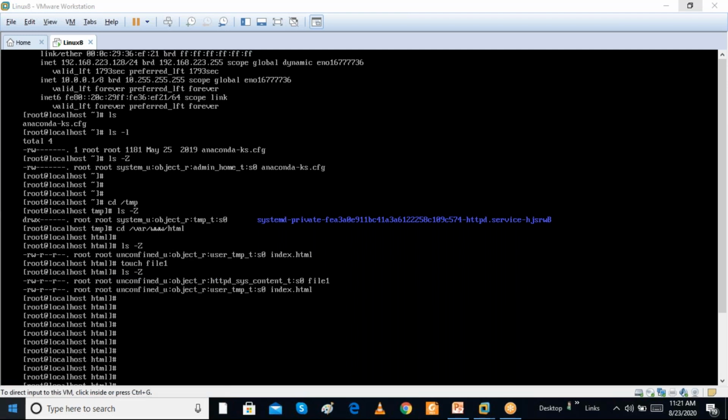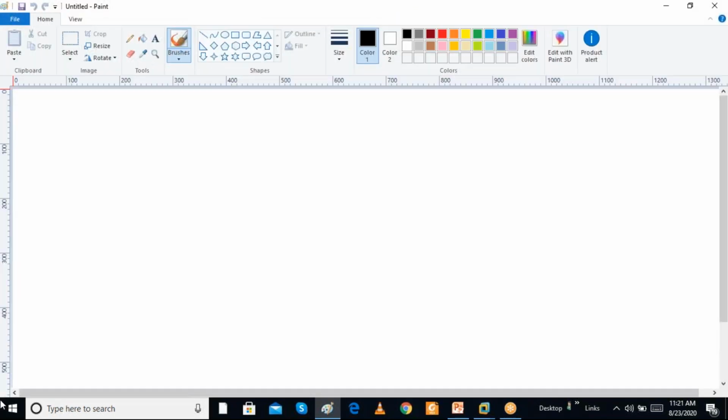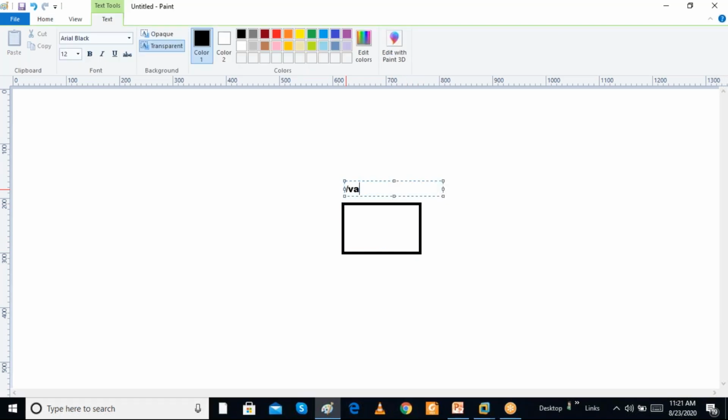Every file has a label called the SELinux security context. Say we have a file in the folder /var/www/html, maybe HTML files, which is my web server folder.